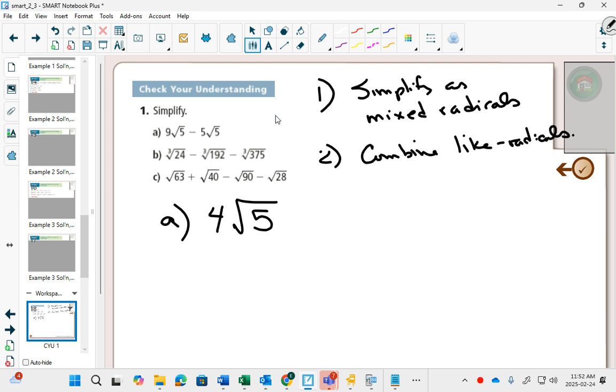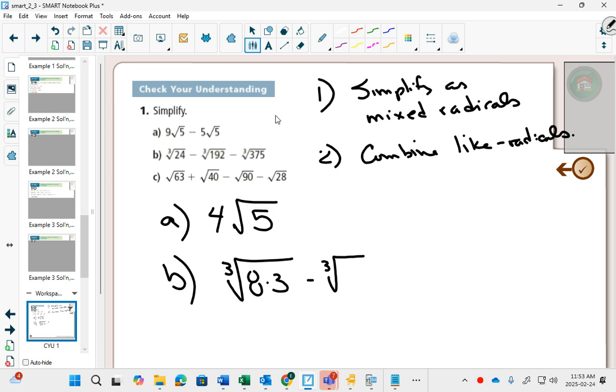So in part B, currently none of those cube roots have the same number inside. They all have the same index, but they're not like radicals at this point. So we have to break them up. So we go to our powers chart. Can any perfect cube divide 24? Yes, it is 8 times 3, minus